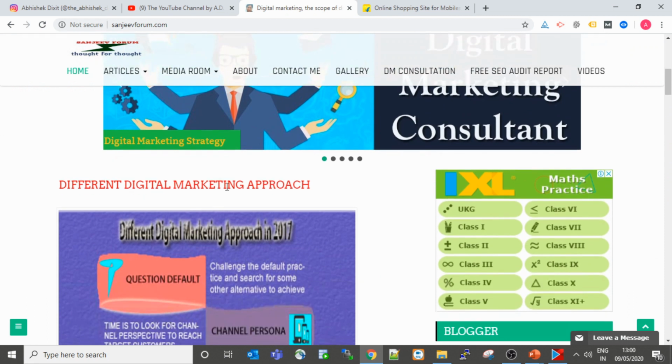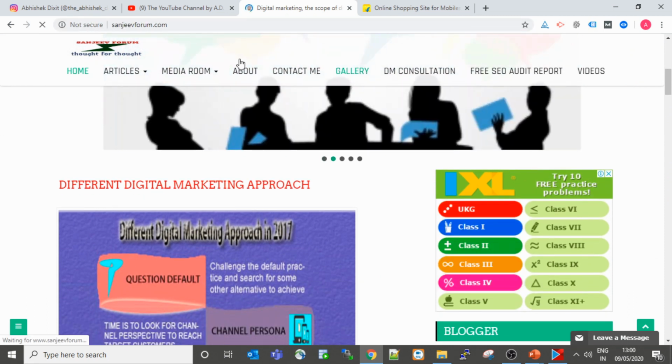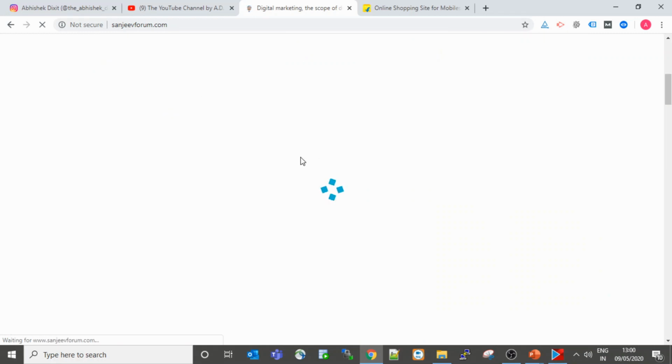For that, this work is completely a developer's, how he can optimize. But apart from that, you can also provide him some suggestions, like you can optimize your images, whatever images are over here. If I'm loading this website, can you see how much time it is taking? Is anyone going to wait for more than 2 or 3 seconds? If you click on any website and it is loading and loading and loading, what do you do?